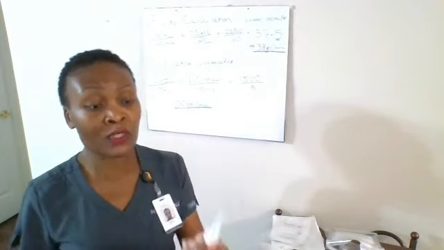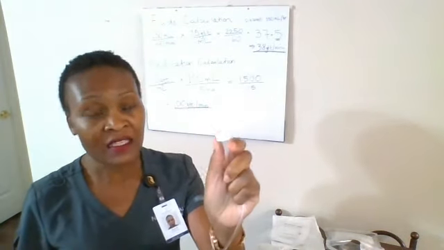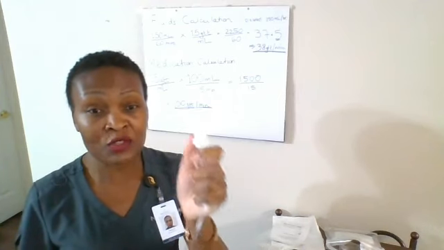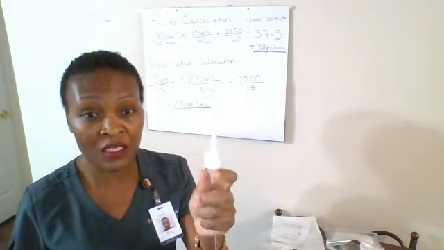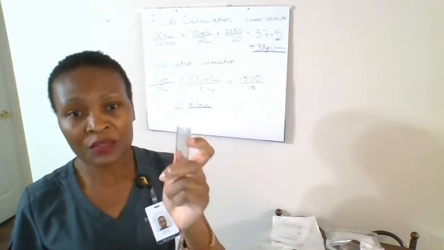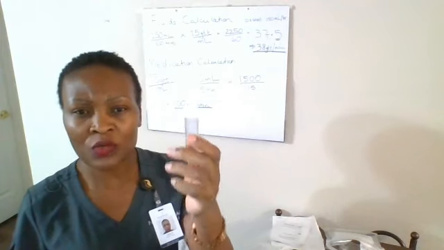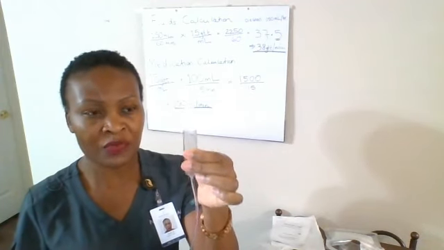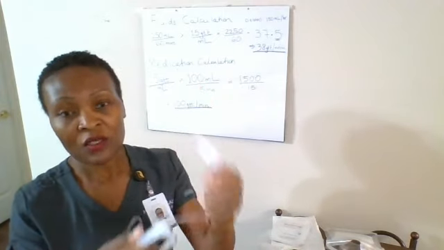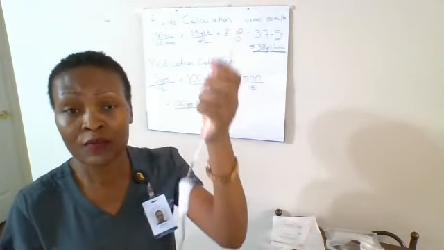The primary tubing has a spike end, as you can see, and this spike end has to remain sterile until I'm ready to administer my fluids. And then I have a drip chamber right here, which is what I'm going to use for my drop factor. And I also have a roller clamp right here, which can open and close, and I'm going to use that